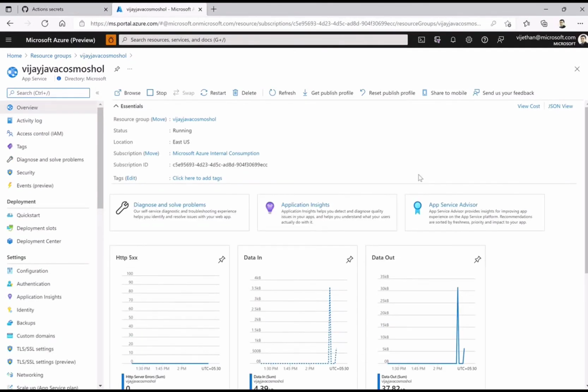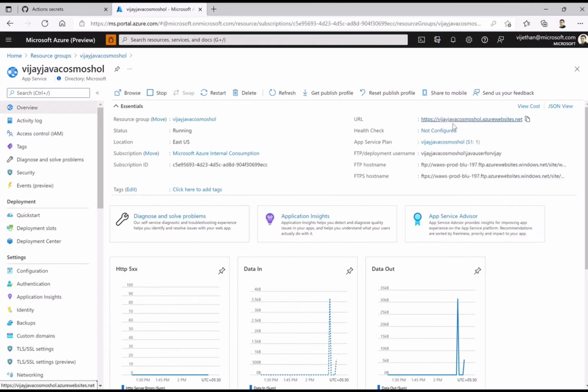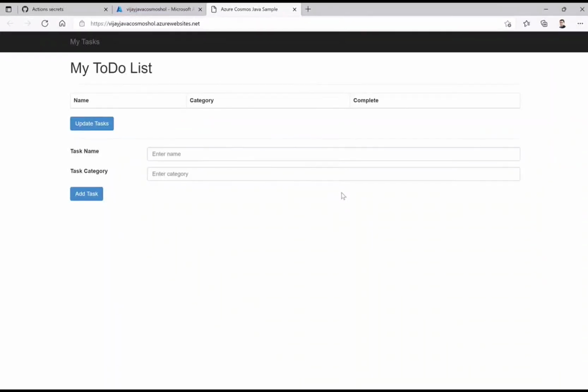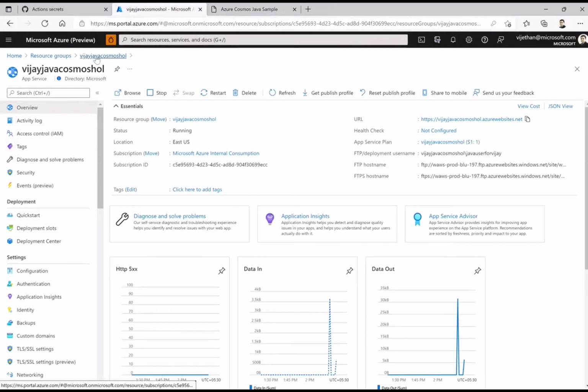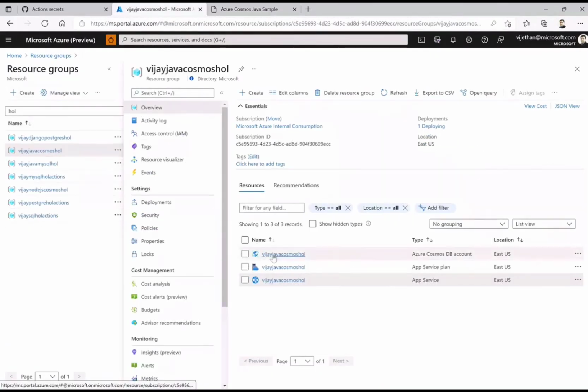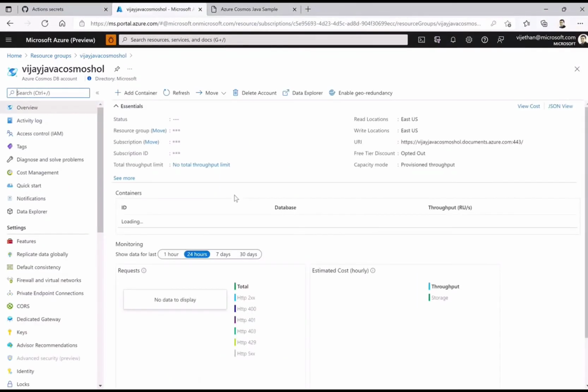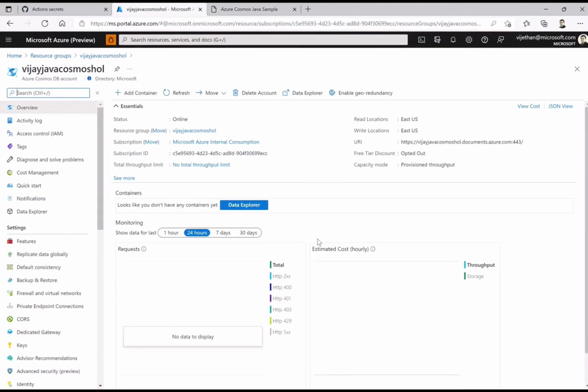One is your website itself, which is giving you the front end layer. So this is nothing but the task it has to perform. You are capturing the task as a document structure in your Cosmos DB. But this is just the front end layer. Let's see in the back end whether we have any collection created by whatever we have updated so far. If that is not there, I think this is not going to work for us.